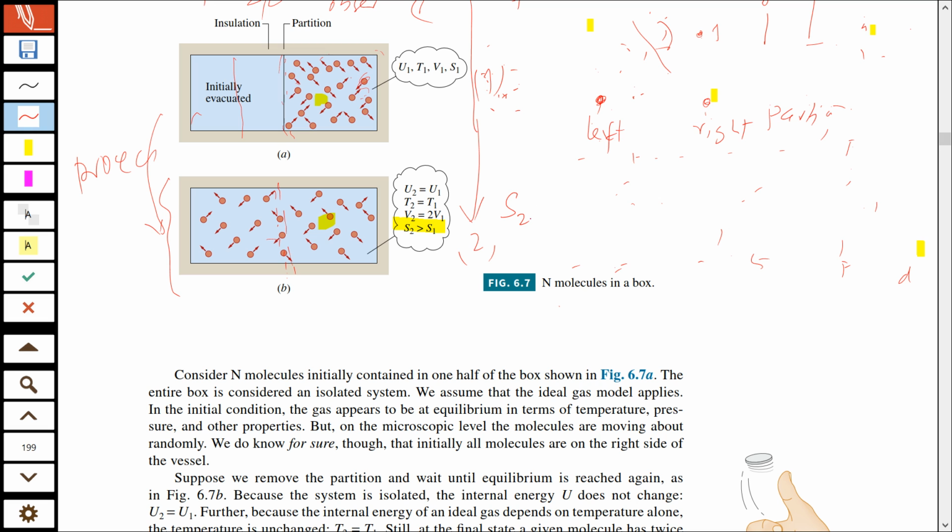S2 minus S1। If I assume ideal gas, yeah, I can write this as either in terms of m or in terms of n, the number of molecules, number of kilomoles, and then this will be small s2 minus small s1, yeah।